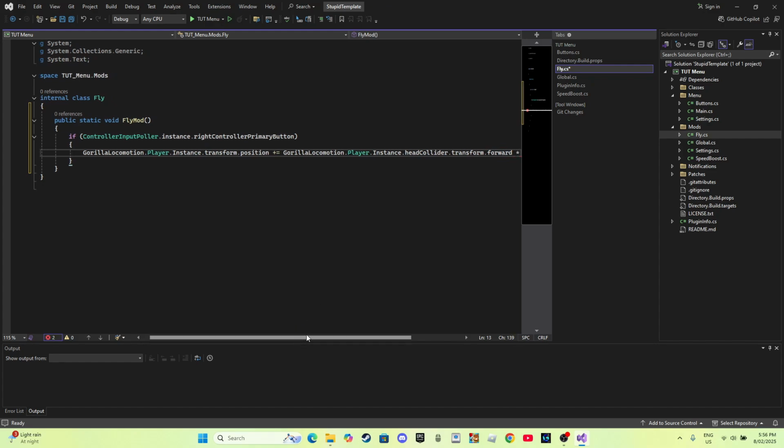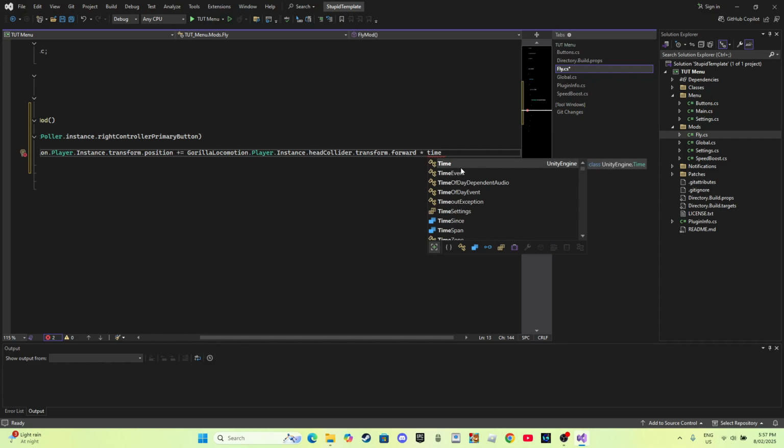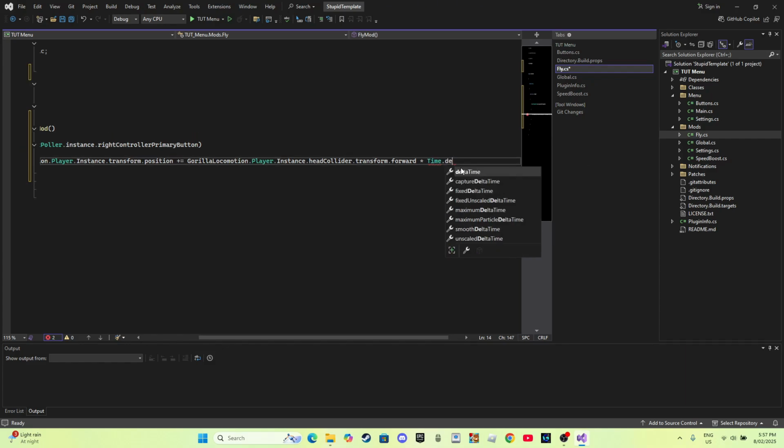I'm going to go a bit long. Put asterisk, then put time, enter, time dot delta time, then space, then do an asterisk, then put 15 F, and then a semicolon,